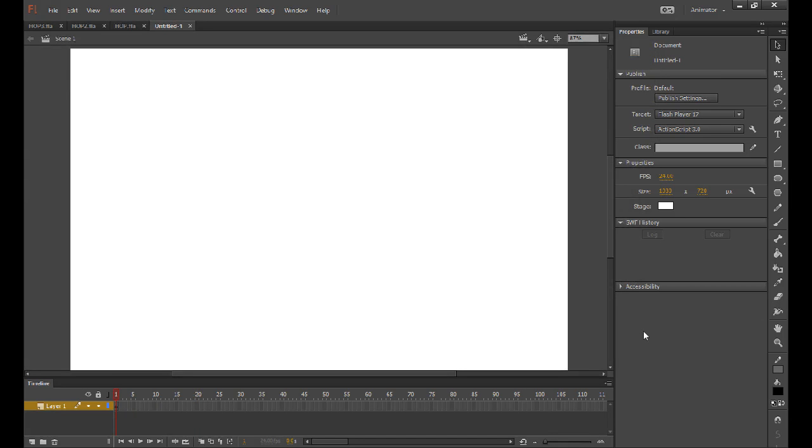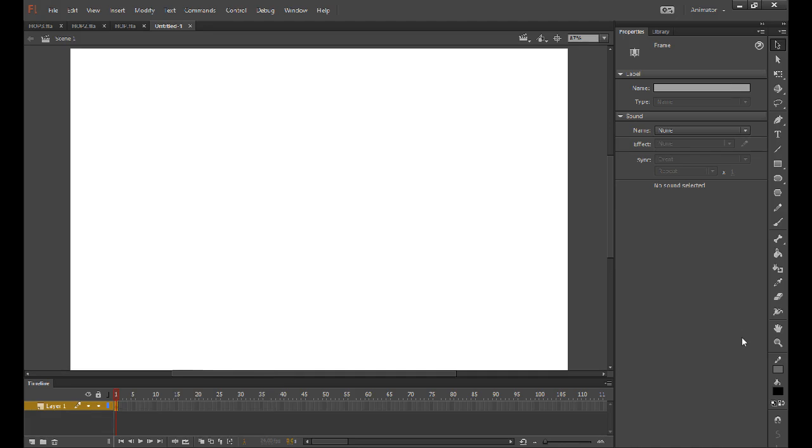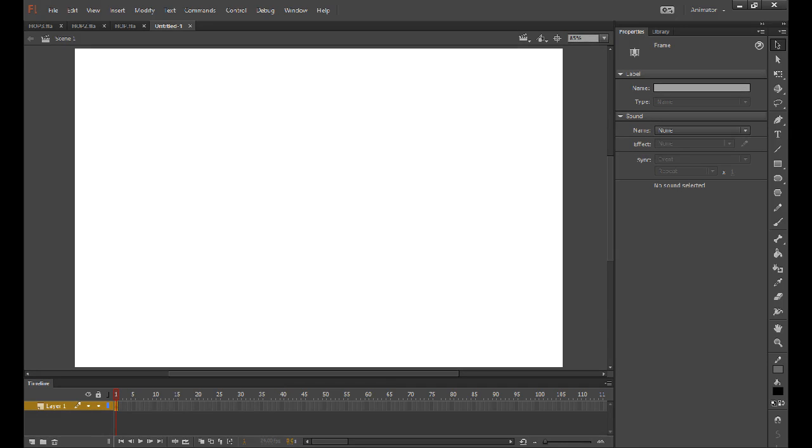Up next are some tweens, and I'm talking classic tween, shape tween, and motion tween. And then you can just reverse them with this. So yes. Now, if we want to make a panning background, or panning in general, we just have to